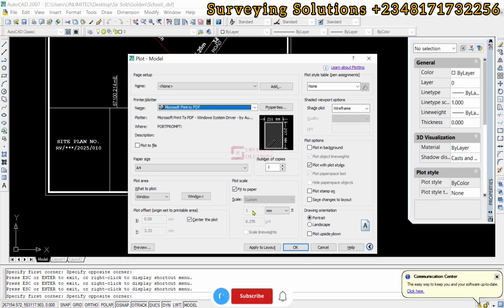So if you don't want to use the value of the scale that is here, you can uncheck this and then input a scale you need. 500 is actually a survey scale, so we can say 0.5, right? So when we say 0.5 and then we try to preview, we are now going to see that it does